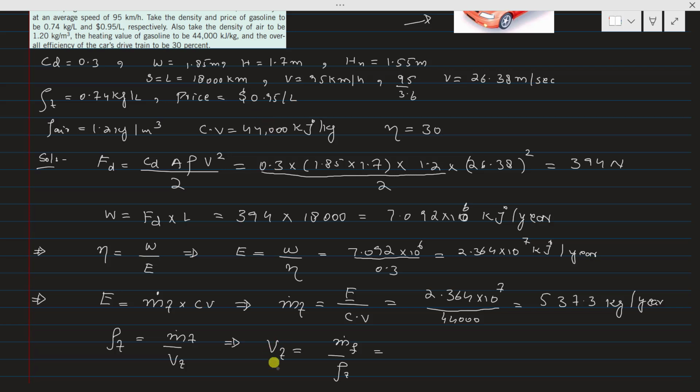So that's why we will find the total volume per year of the fuel used. So mass flow rate of fuel is 537.3 divided by density of fuel, and it is 0.74. After solving you will get,